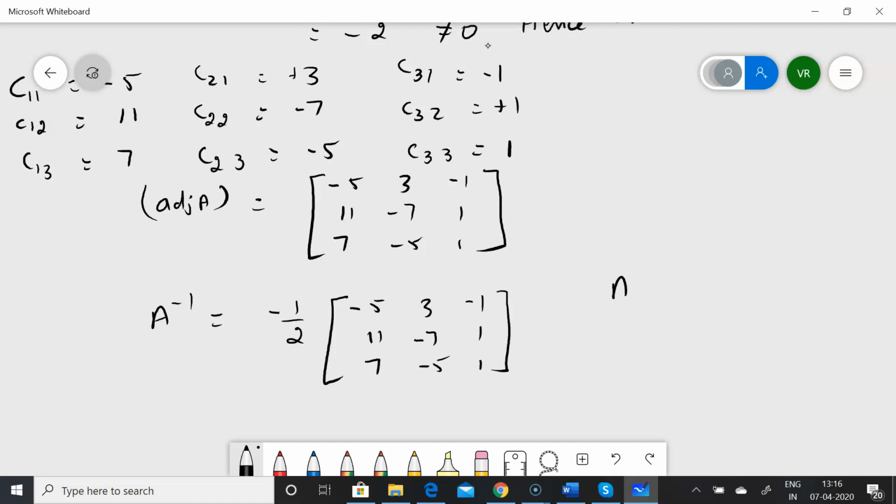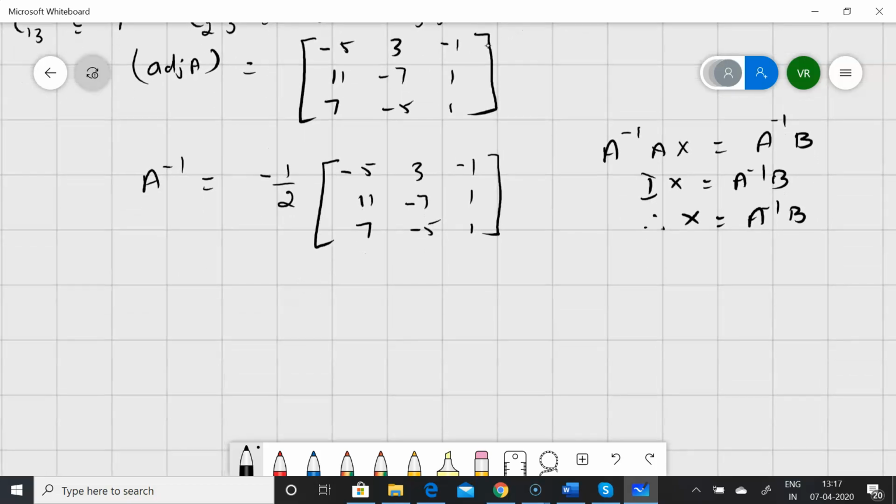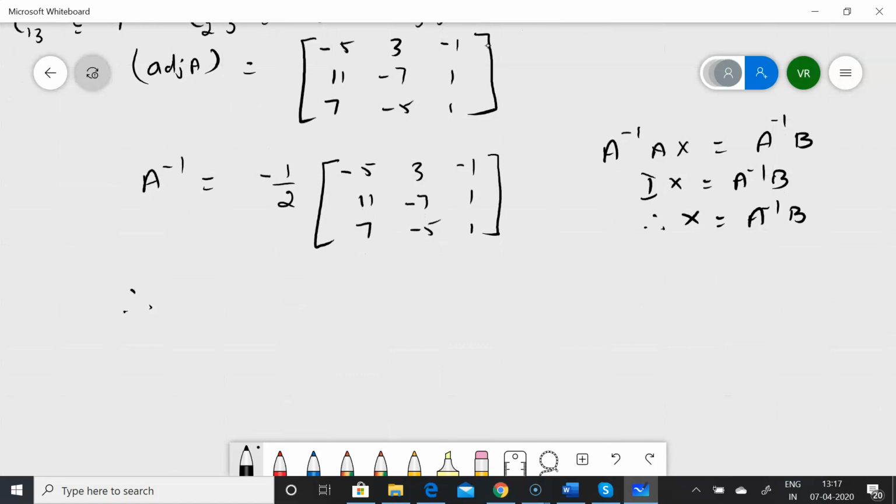Now we know A into X is equal to B. Pre-multiplying by A inverse on both sides, A inverse of A is I. So I X is equal to A inverse of B, or therefore X is equal to A inverse of B. Therefore X, Y, Z is equal to